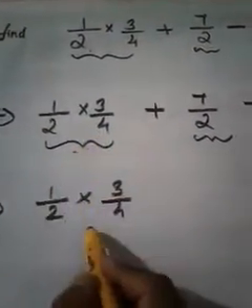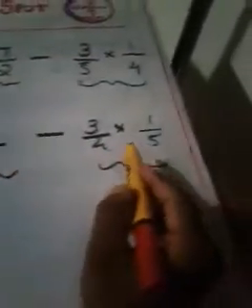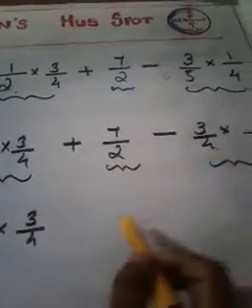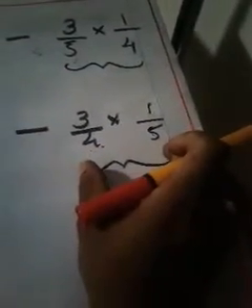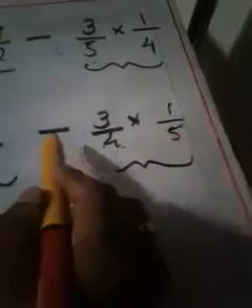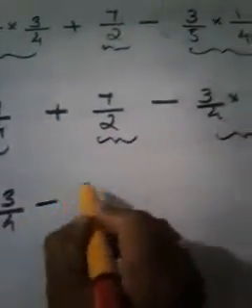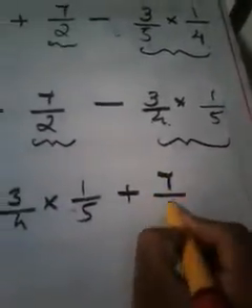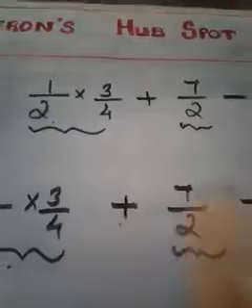This term, first term as it is. Then instead of 7 by 2, you have to write this term. Because first term and the last term are sharing a common fraction. That means this term as it is and the last term you have to write together with that. So 3 by 4 into 1 by 5 with the sign minus. That means minus 3 by 4 into 1 by 5. And at last you can write this number, what is that? 7 by 2, with the sign it is plus. See? Plus. Okay.